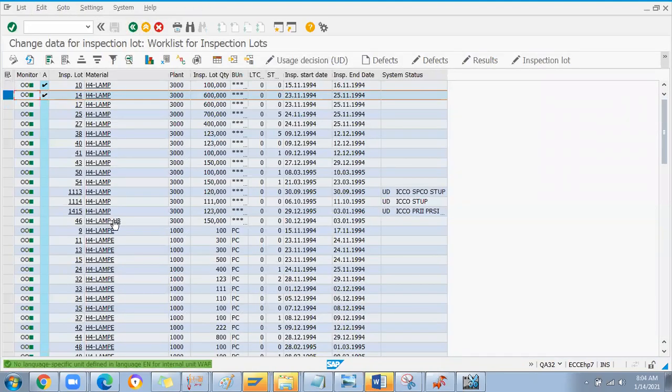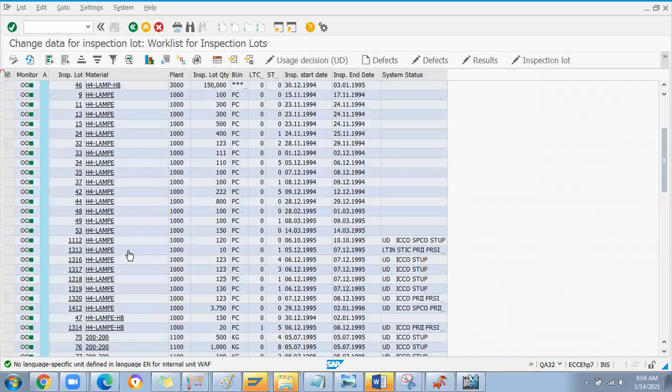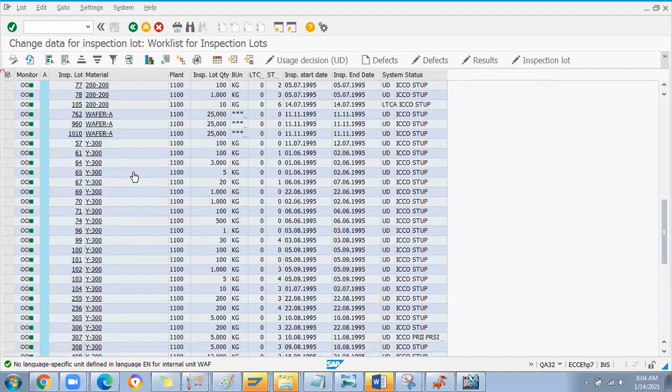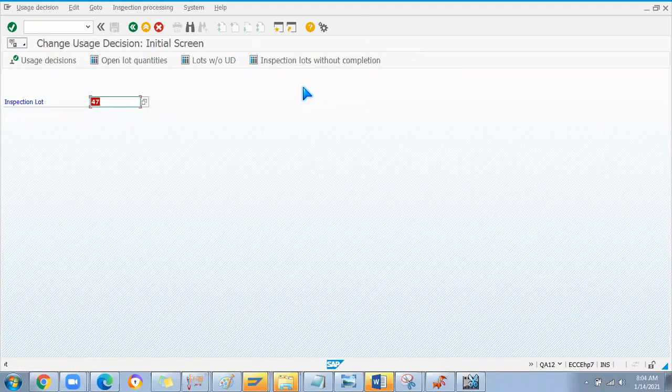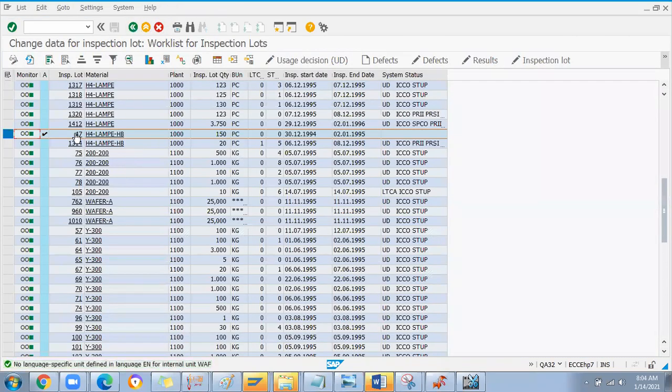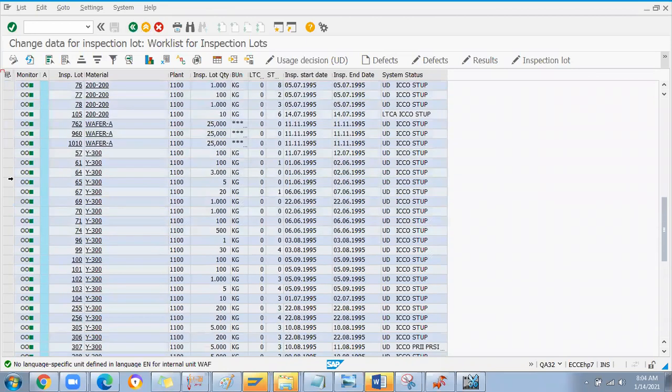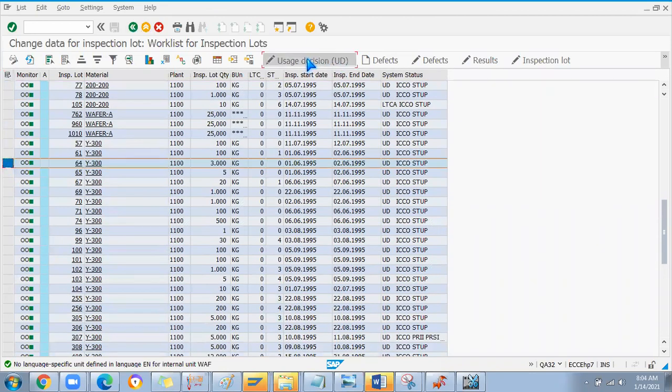I will check with the other material. Okay, I'll check this. Same problem I am facing. Let me check with this. Okay, I think this is good.